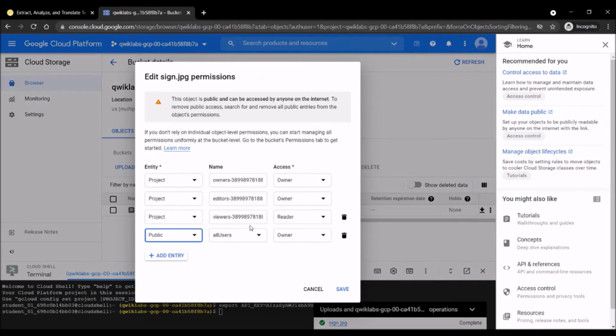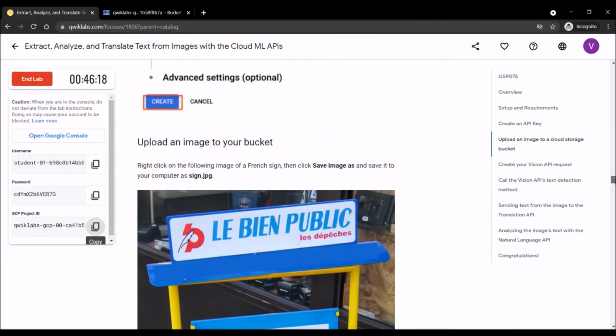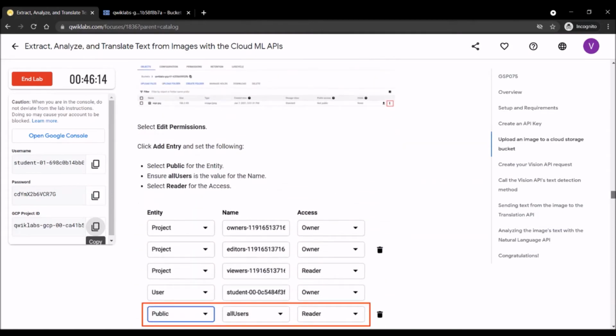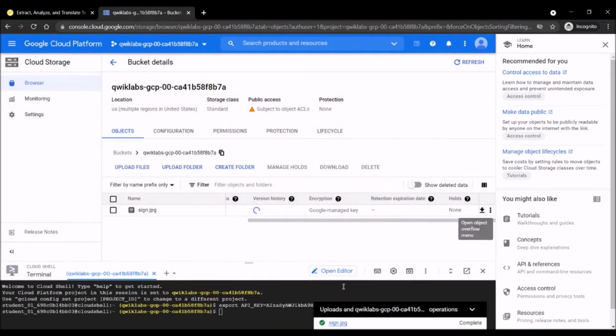Edit permissions. Public and reader. All this is given here in the details. Let's just confirm that we are on the right track. See, this is the image and there's some text written over here in a different language, French mostly, and the conditions are correct. Save.